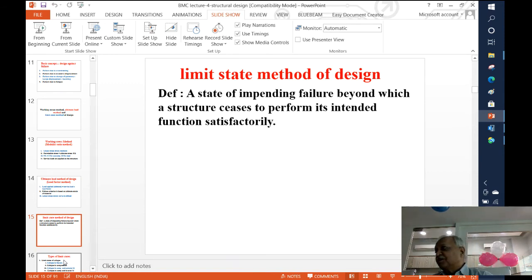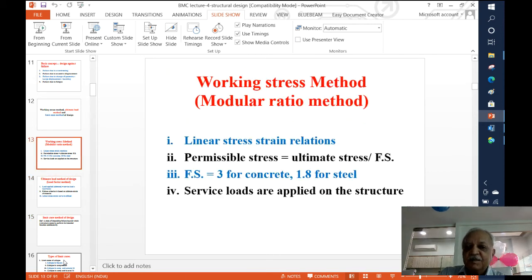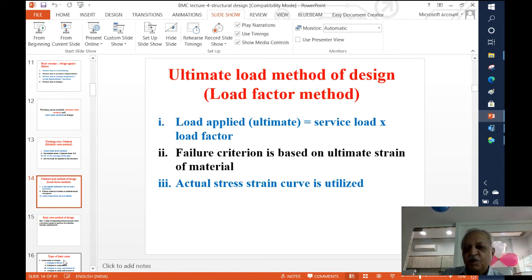While the third method, which is now most popular and is currently used, is the limit state method of analysis. Here we say that as far as the working stress method or the ultimate stress method, we were all the time worried about the stress as a criteria. That is working stress, you have got a permissible stress, so long as stress is within that, everything was safe. In ultimate stress theory also we have a service load increased by that, and related to ultimate strain we had a failure criteria. That failure was related to strain, and strain of course is again related to stress.